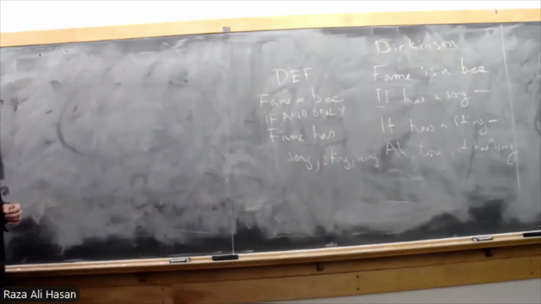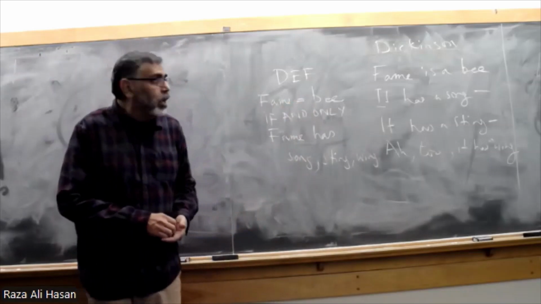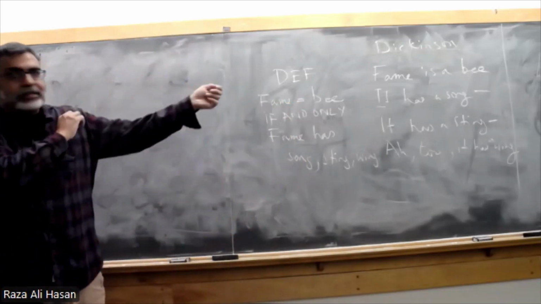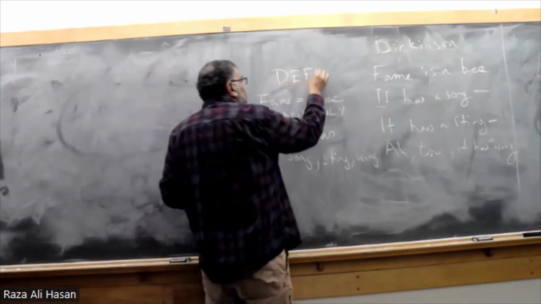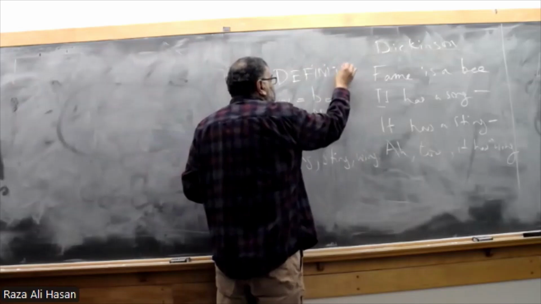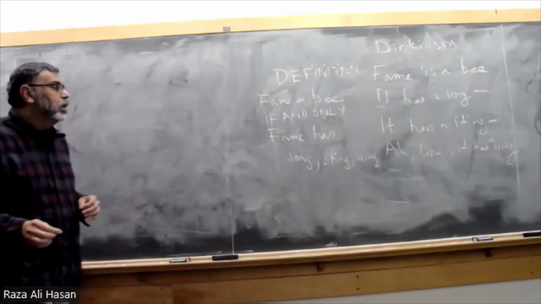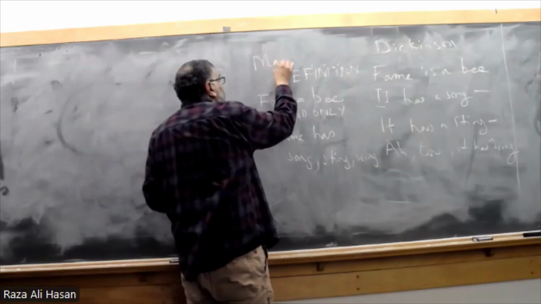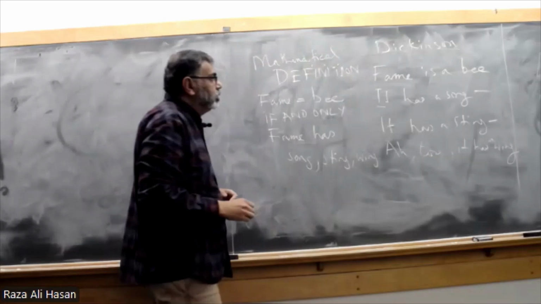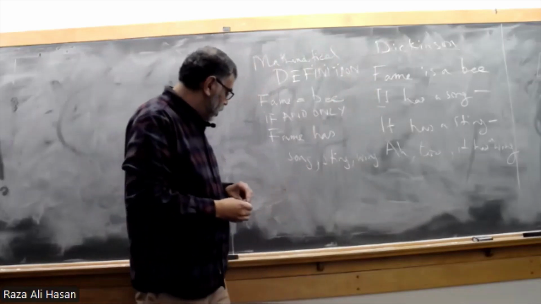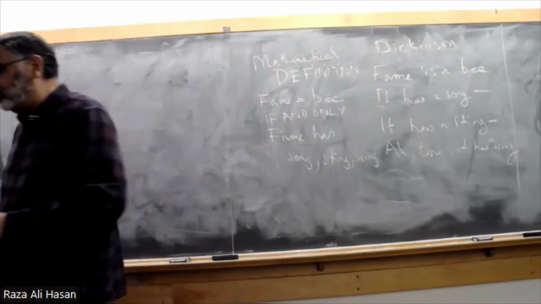If fame has a song, sting, and wing, then it is the same as a B. And maybe I messed this up because we could do B as a fame and then reverse it. But anyway, this is an idea of a definition. And we'll be doing a bunch more definitions, and theorems. This poem is an example of a poem that resembles a definition in mathematics.